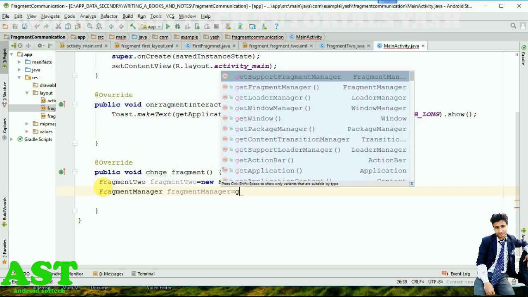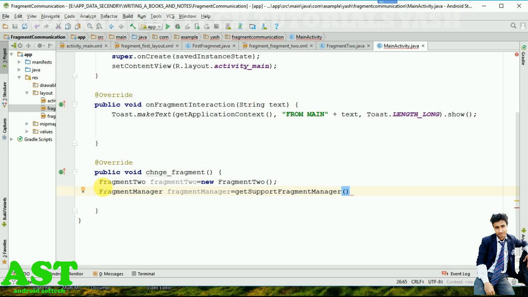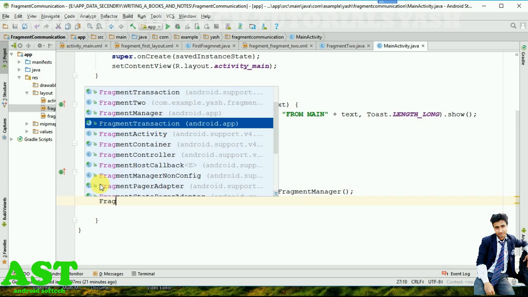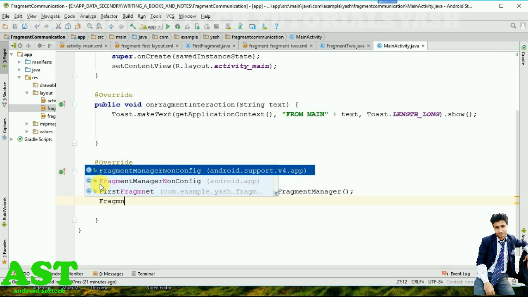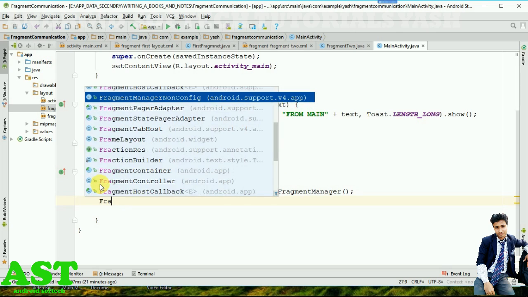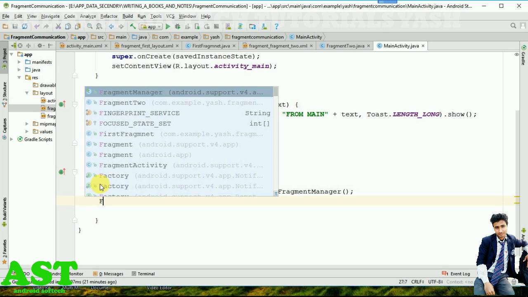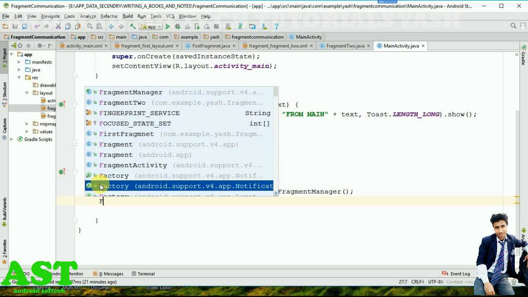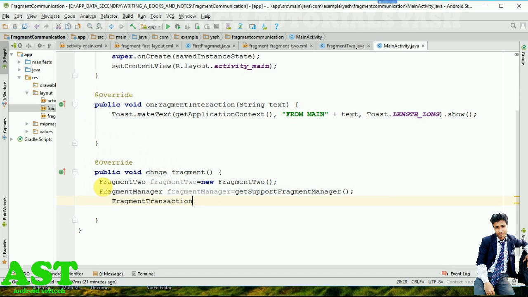It's equal to getSupportFragmentManager, and fragment transaction is equal to fragmentManager dot beginTransaction. Okay guys, and after this now we will replace our